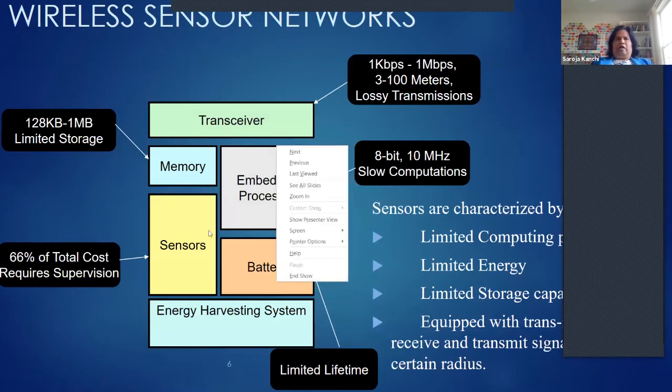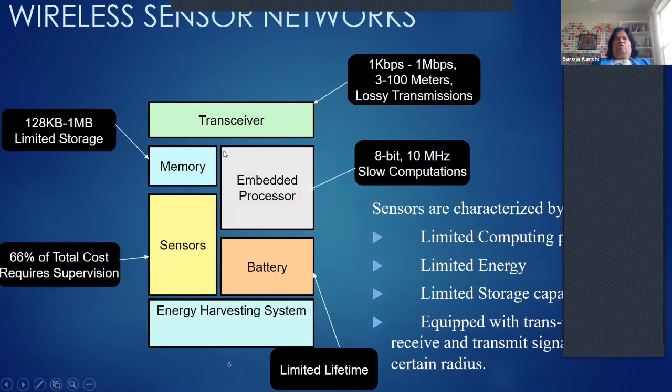Now, one of the things with sensors, as easy as it is to deploy, it's also limited in its ability to compute. They do have a computational capability, which is a limited computational capability. 8-bit 10 megahertz for slow computations is expected. That's how they're characterized. And they have some battery power, but energy harvesting and energy is very limited in a sensor. Again, we want it to be this way so we can deploy it quickly and collect information. And of course, we have some limited storage capacity. And obviously, we don't want computing to be very long, intense, so that we want to make sure that we get the information out using the transceiver.